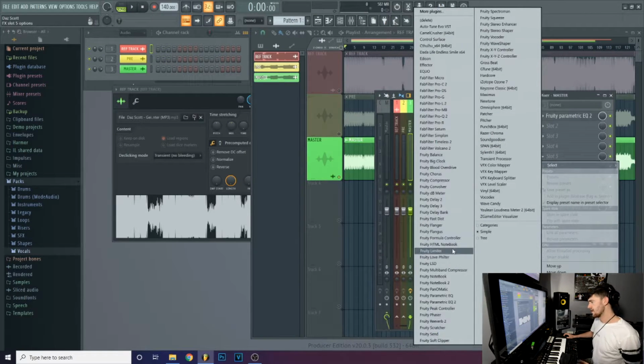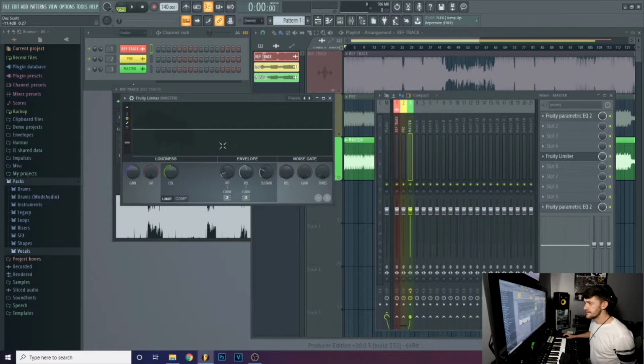We're going to load in a Fruity Limiter, and I have the limiter set on it there, but we're going to be using the compressor, and we're only going to be using a little bit of compression to control the transients on the track. I like using the FabFilter stuff probably, as you already know, but this is the best compressor in FL Studio because it gives you a visual display of what's actually happening. So if I play that,